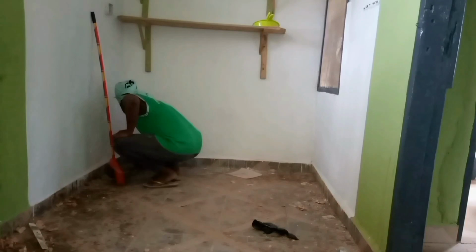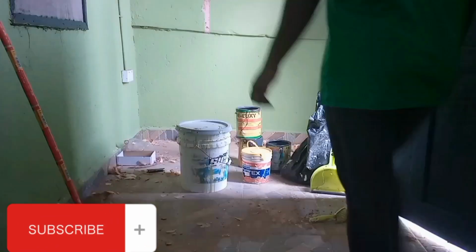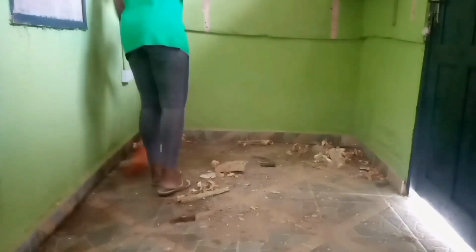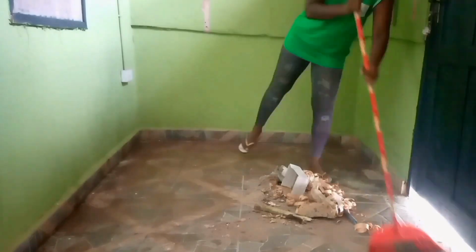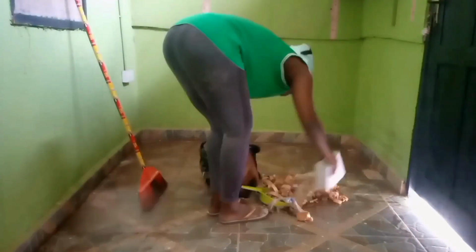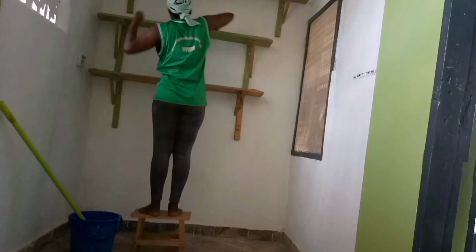Later on, I proceeded to sweep my corridor. So I moved everything from the corridor. The corridor was quite dirty because the ceiling was redone, so I had to sweep the place and pick up the dust and everything. After I cleaned my shelves, I relocated my shelves from the door to the other side